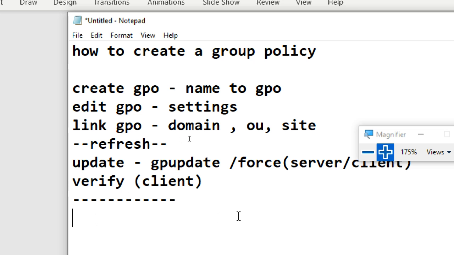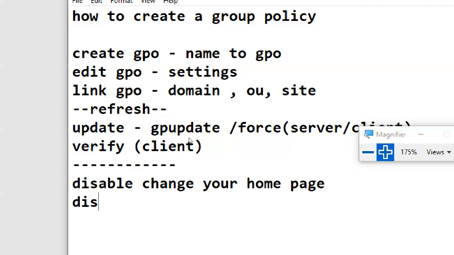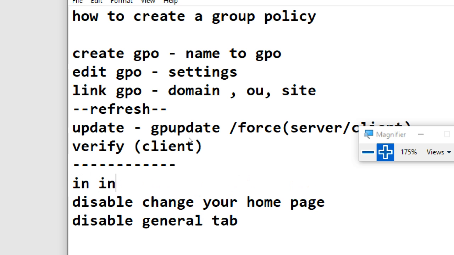Okay. What I want to disable is changing your home page. Okay, and also this leads to disabling the general tab in internet options.